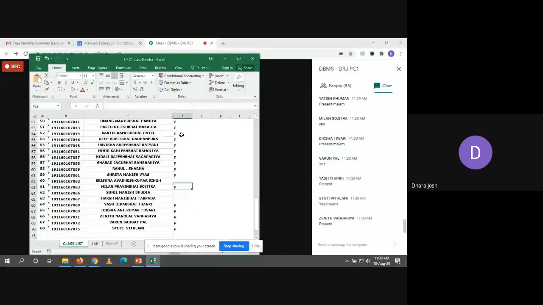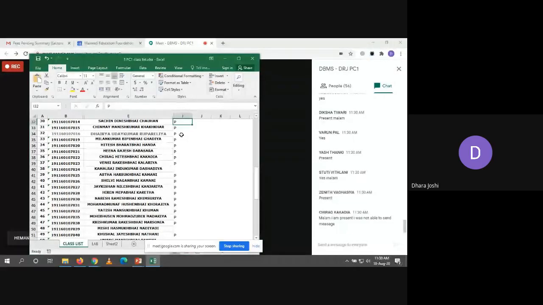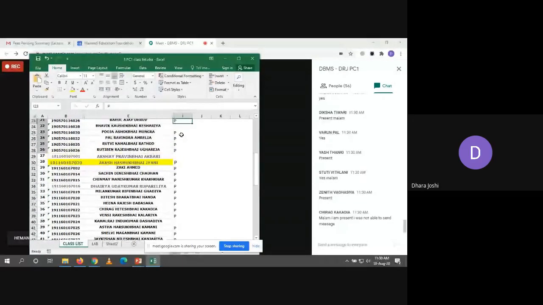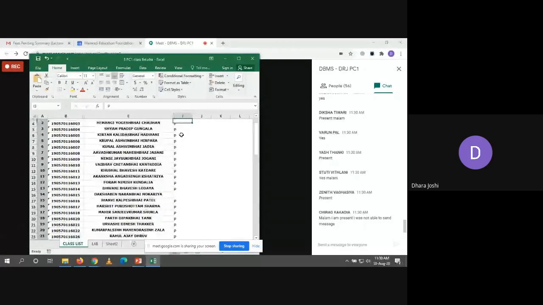Harsh, Sunil, Krishna, Nishi. Chirag is present. Kamal Raj is absent. Kamal Raj, Akshay, Bhavik, Dakshabin.